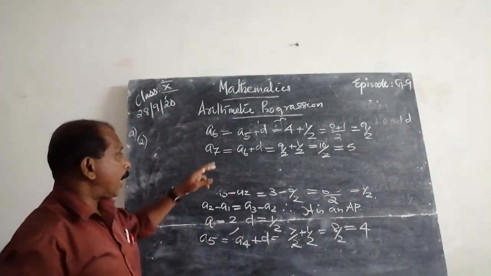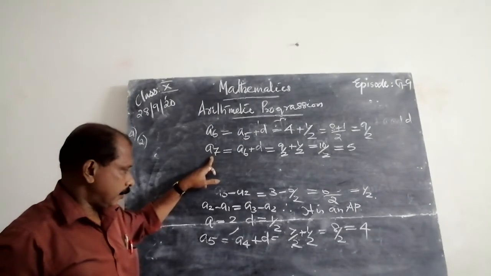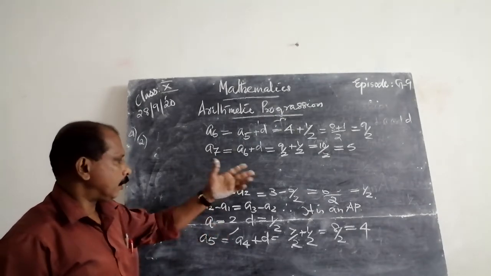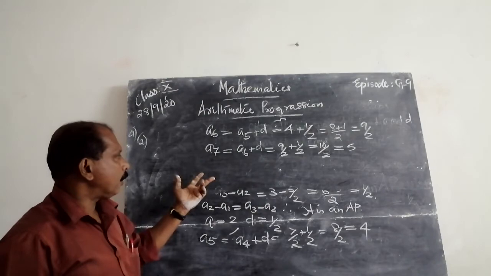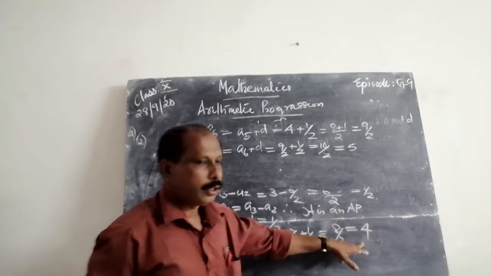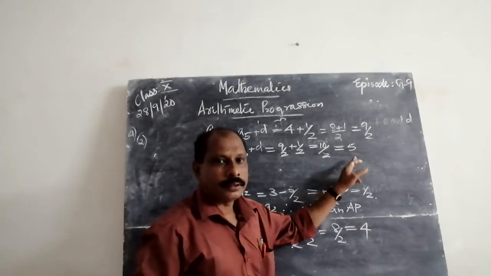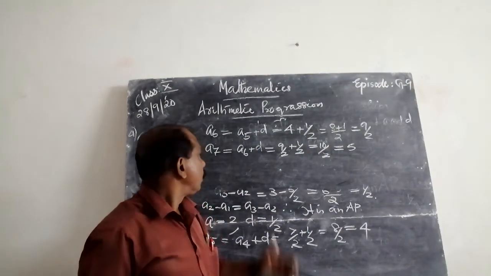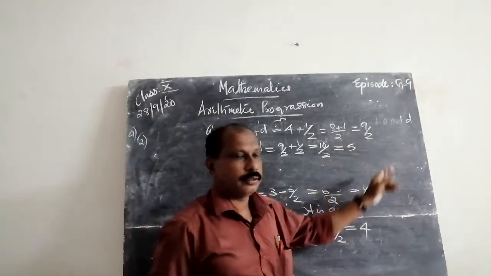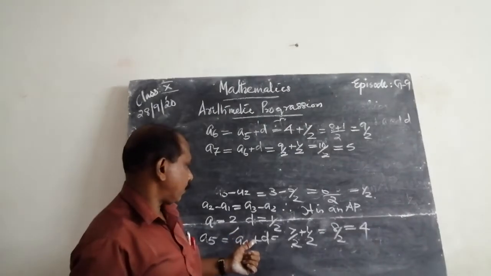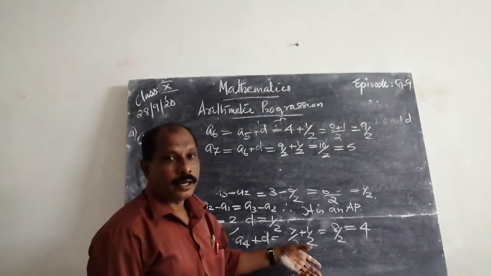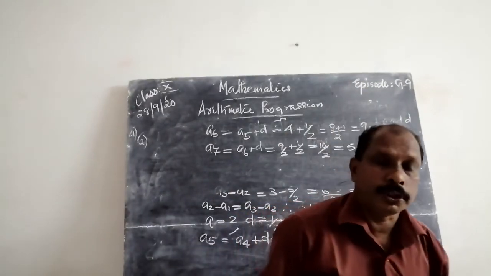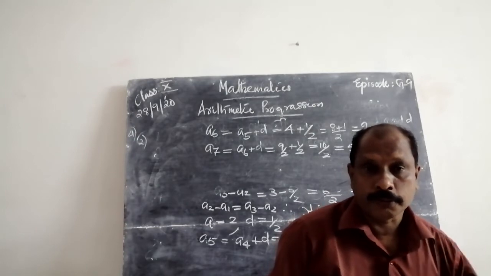Therefore, the terms in odd position, that is first A1, that is 2, A3, that is 3, A5, it is 4, A7, it is 5, then A9, it is also 6. A8, A6, that is a fraction. A4, that is also a fraction. Therefore, the terms in the odd position are the natural numbers 2, 3, 4, 5, etc. The even position are fractions.